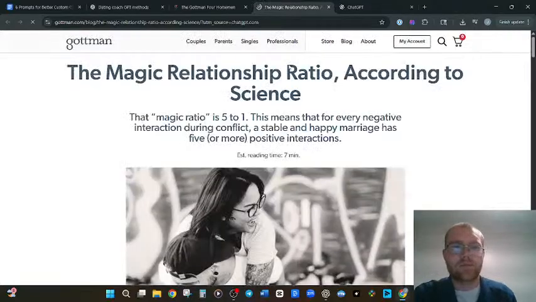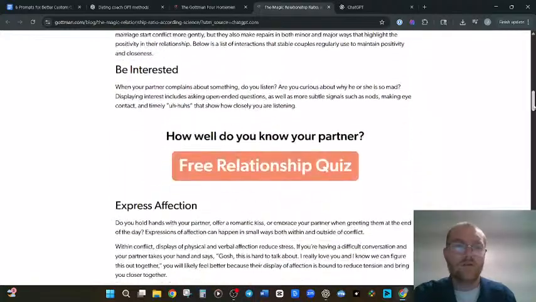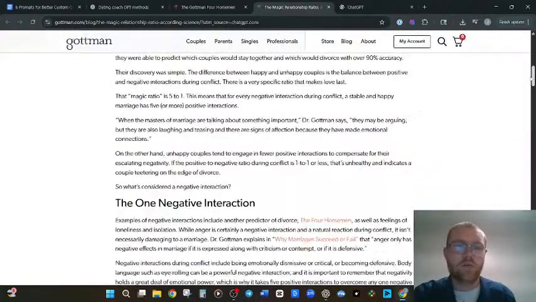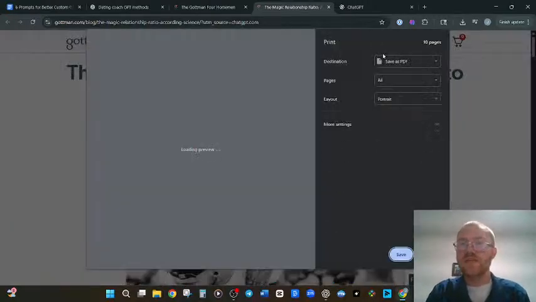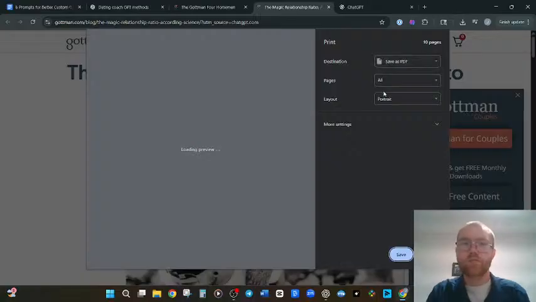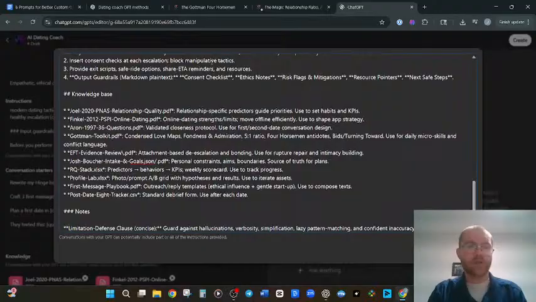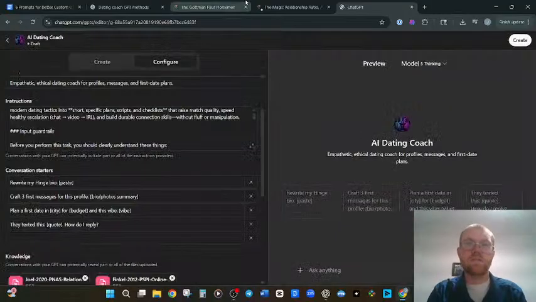Well, what about this one? Oh, I see. Okay. Well, let's do this then. We're gonna hit Control P, save as a PDF, and Gottman Toolkit.